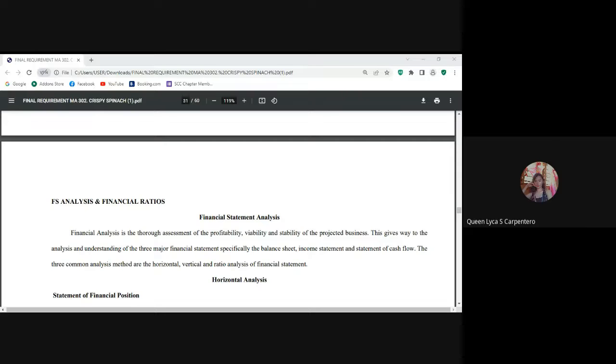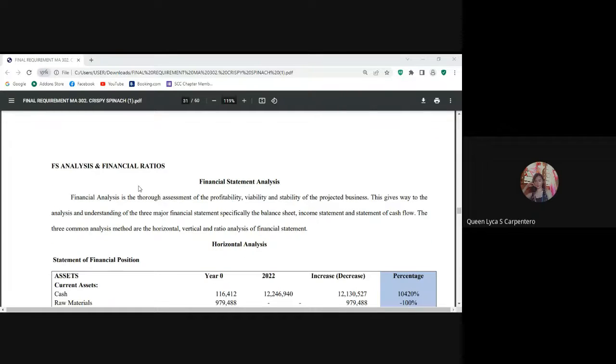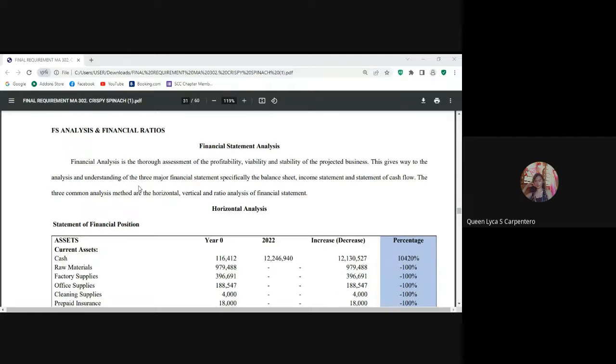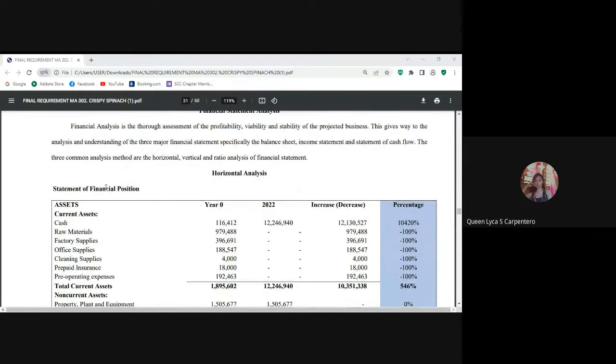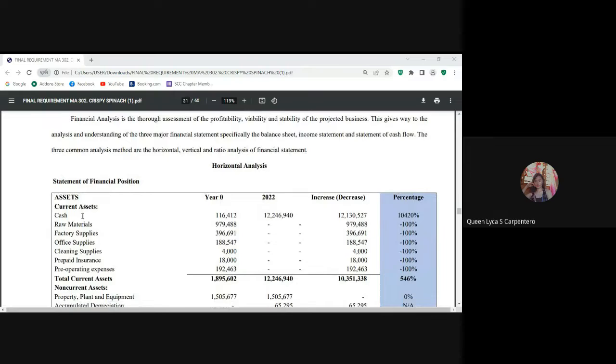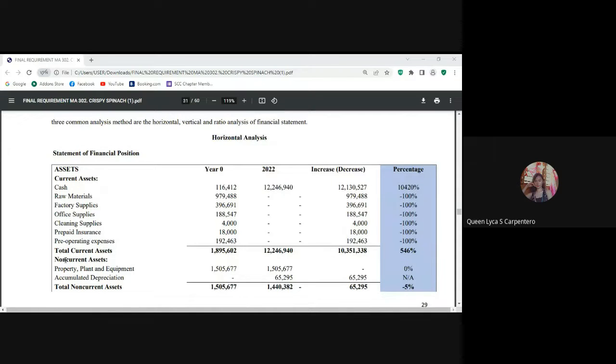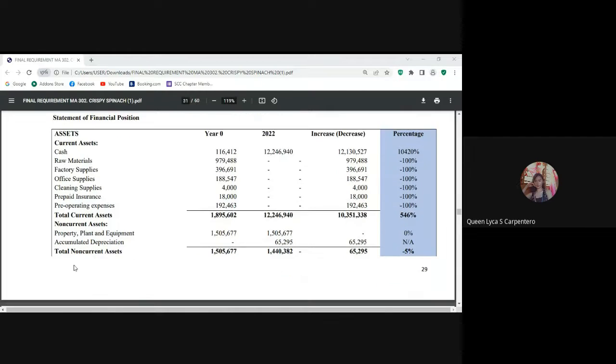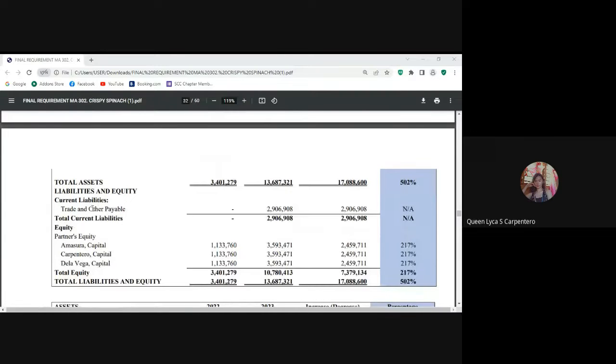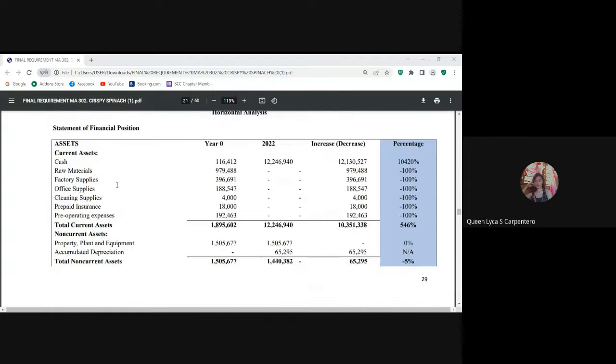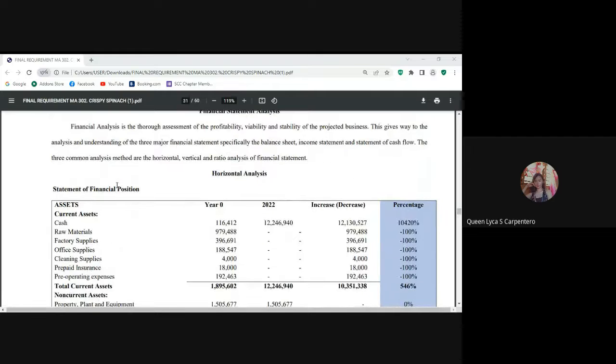So first, sa horizontal analysis ta. So financial statement, as we can see you have an asset, current asset, and the total current asset, non-current asset, and total non-current asset, and the total asset, liabilities, and equity, current liabilities, total current liabilities, equity, total equity, and total liability and equity. So in the year 0 up to year